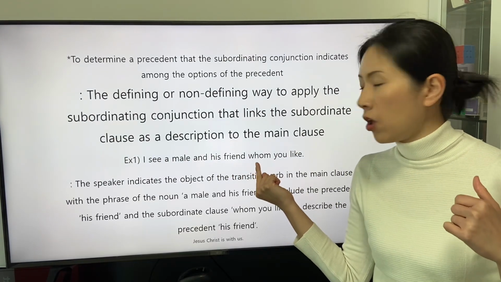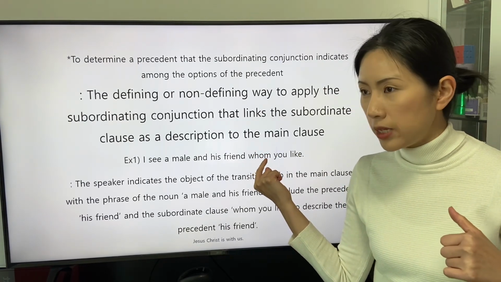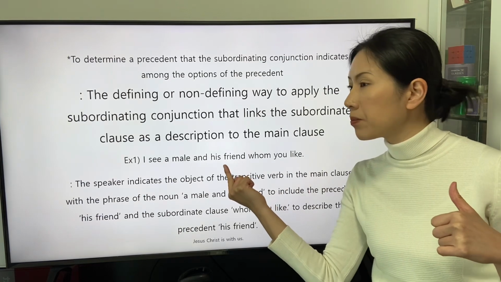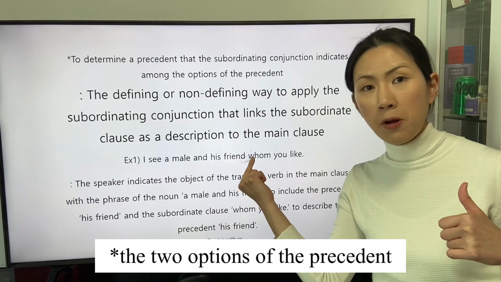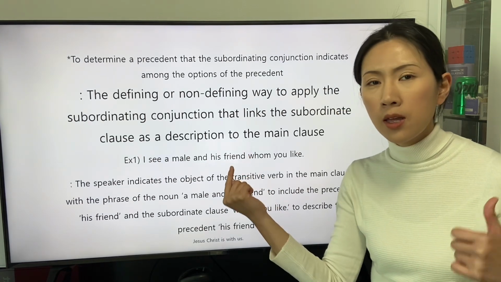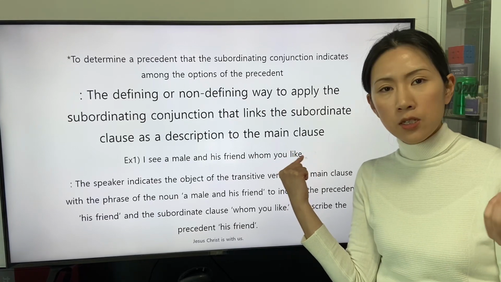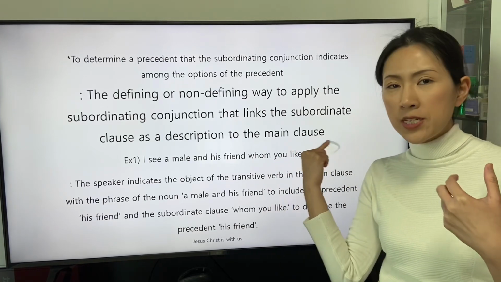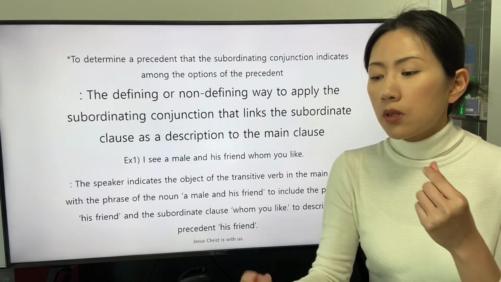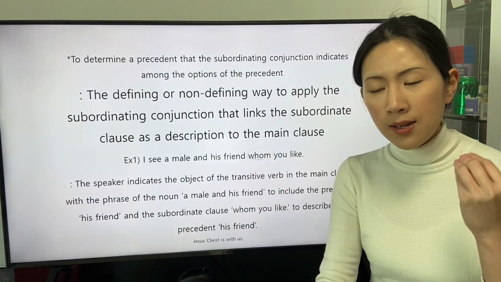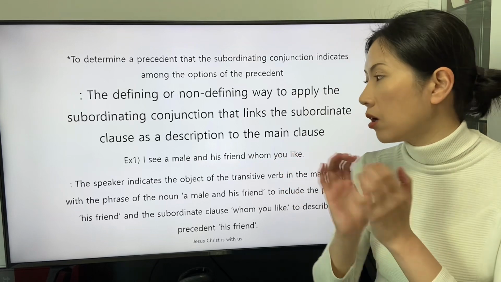because the pronoun whom links the subordinate clause right behind the noun phrase without the punctuation mark comma, but the form of the transitive verb like does not reveal the information of the object indicated by the pronoun whom. The whom is applied to indicate a precedent,